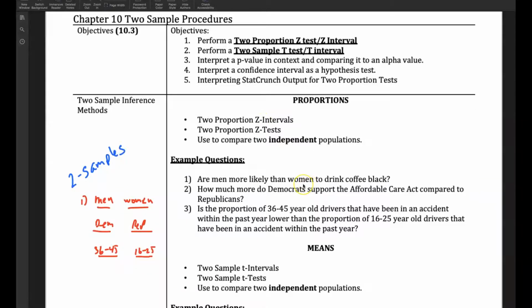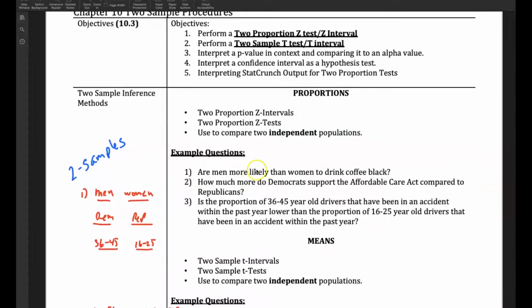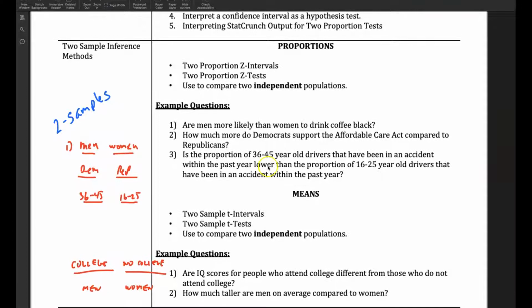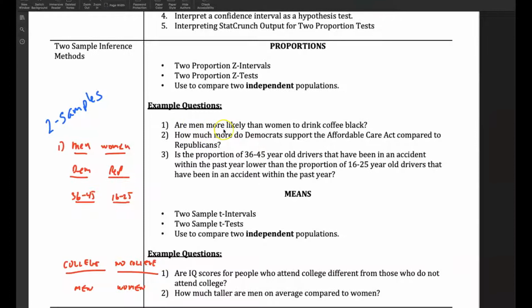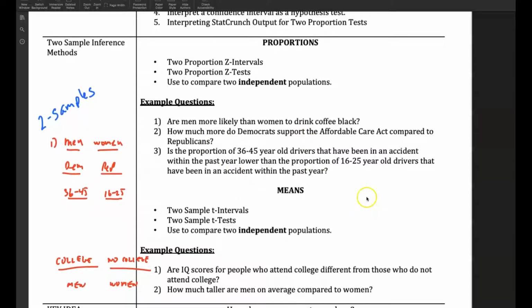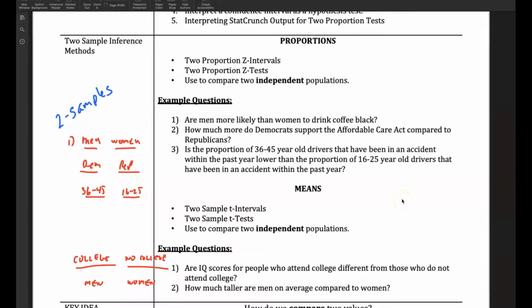And here are some example questions that we'll be asking that fit the models we'll be using. For example, here are two samples or two groups. Are men more likely than women to drink coffee black? Right? Our two samples would come from men and women, Democrats versus Republicans, right? And so you have these two groups. So you can start to see the context of questions of our world and claims made by groups in our world, whether it's political, social,